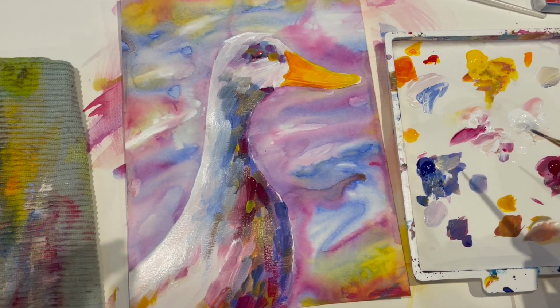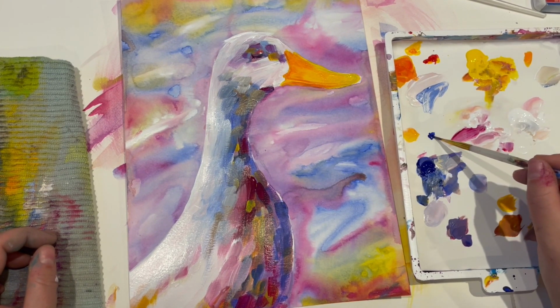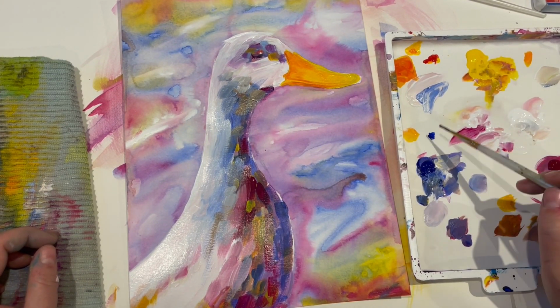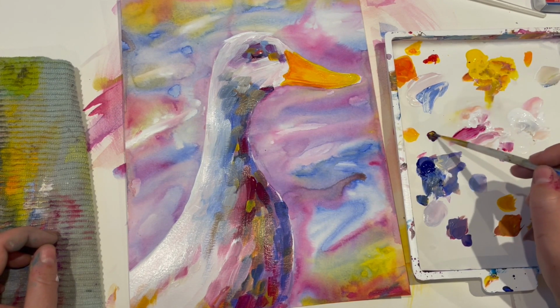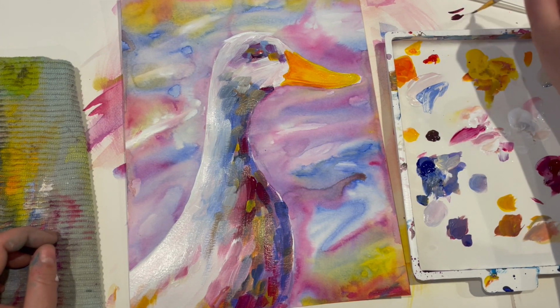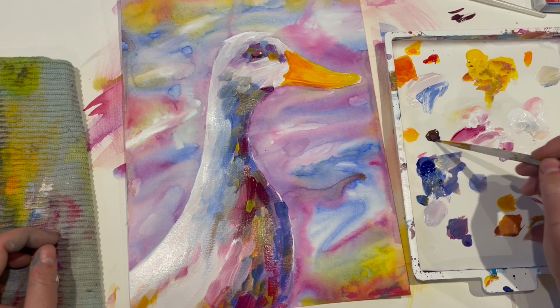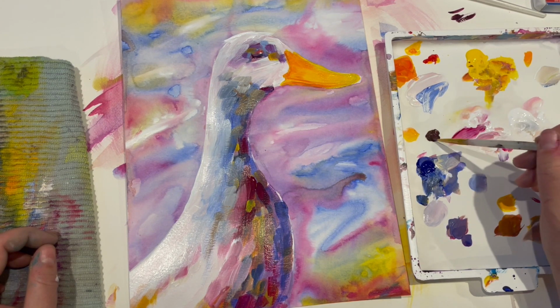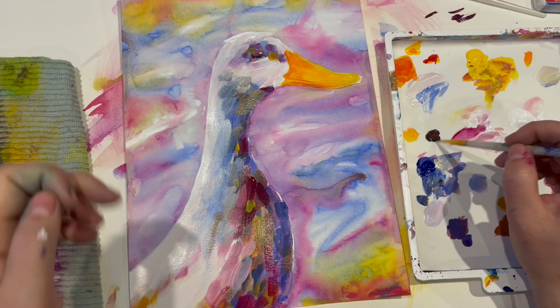I'm going to slow this part down because the eyes are really important. We're going to start off by creating a very dark neutral that's going to appear black, but it's not black. So you're going to mix blue, magenta, and yellow all together until you get this nice, deep, dark gray. Test it out on a separate piece of paper to make sure you're at the right point of that dark,